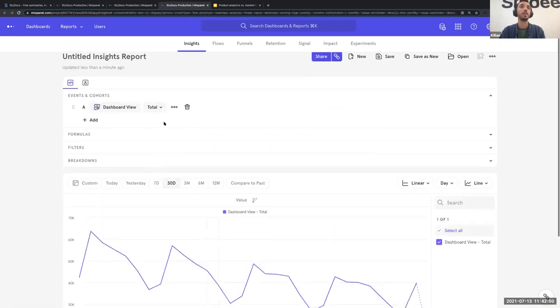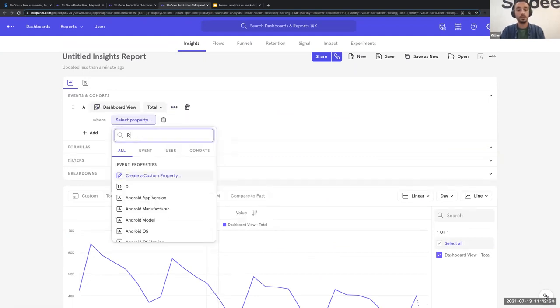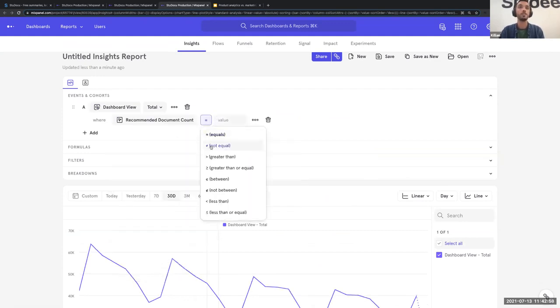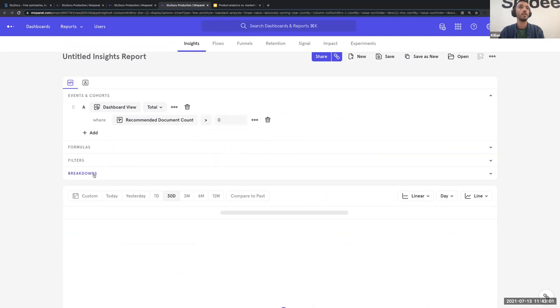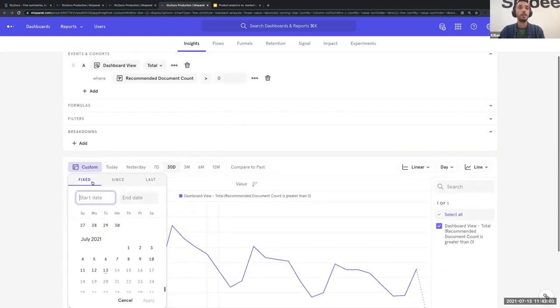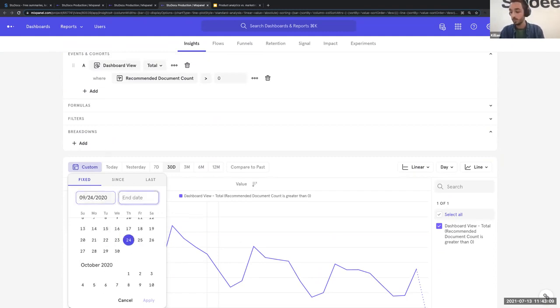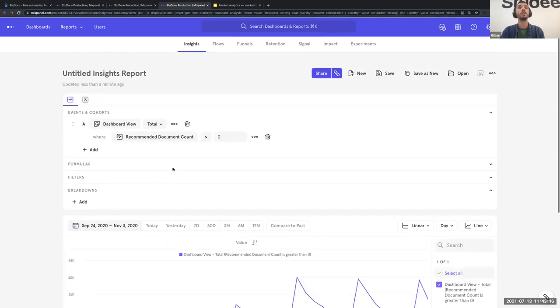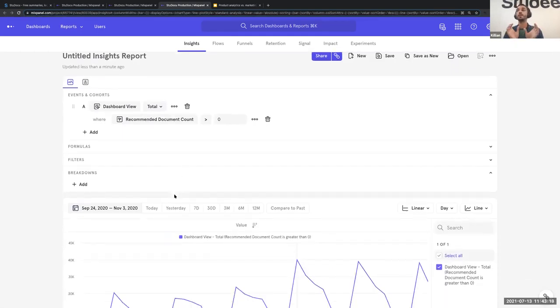So I'm gonna look at dashboard views. And I'm gonna make sure that users have recommendations. I'm gonna set the date again. It was from September until November. Remember that A/B tests in our case run on 50% of the users.